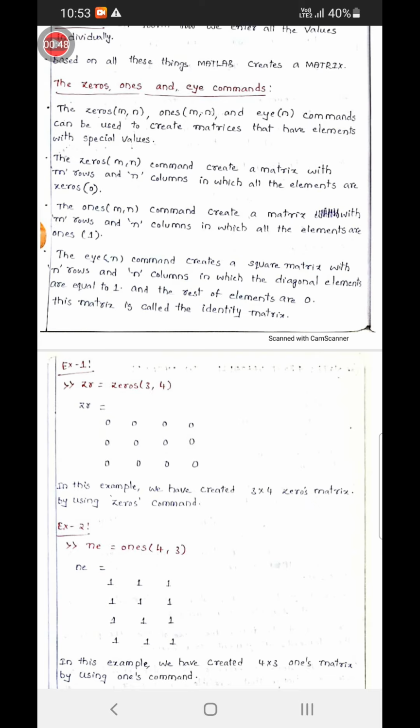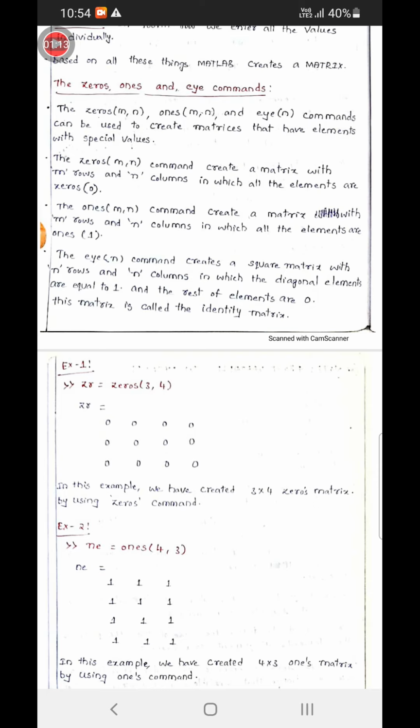Three commands we have: the zeros command, the ones command, and the eye command. So we'll see how we can create. First point: zeros(m,n), ones(m,n) and eye(n).